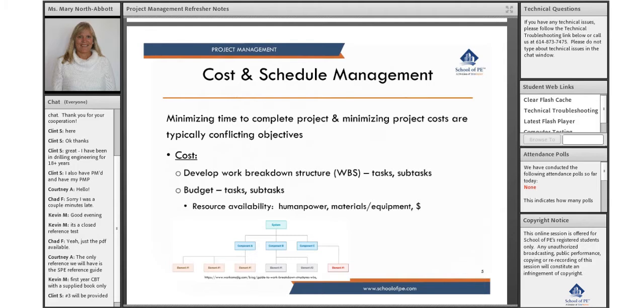Cost and schedule management, really the biggest thing, as you all are aware, I'm sure, is that you're minimizing the time to complete a project, which in turn is minimizing your project cost. But most of the time, those are kind of conflicting objectives. So some of the things that you need to do is to really develop a good set of tasks and subtasks. And whether you've been a project manager before or not, you've developed these work breakdown structures, whether you called it that or didn't call it that, so that you break it down into